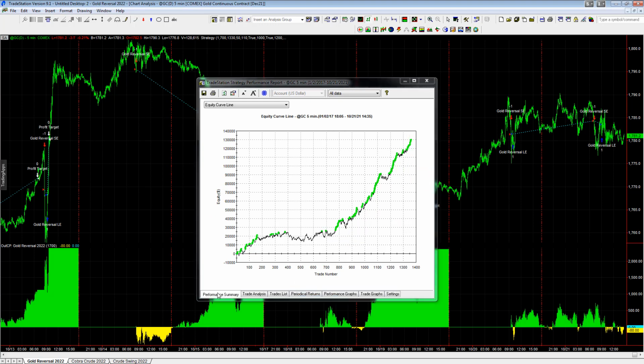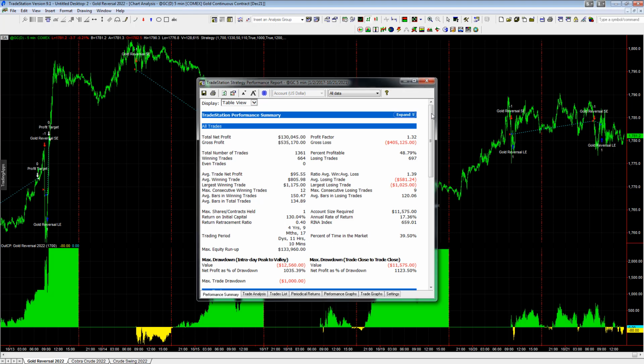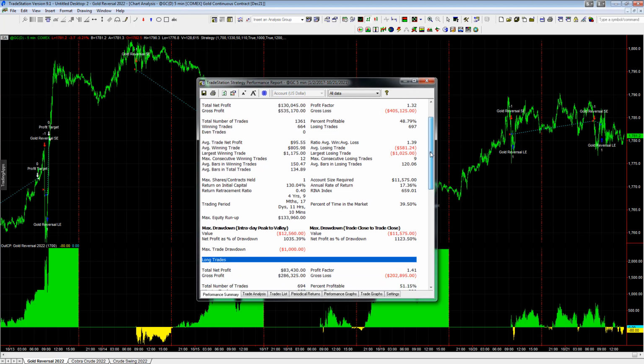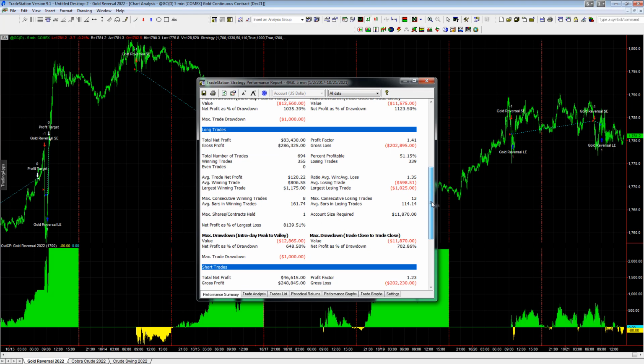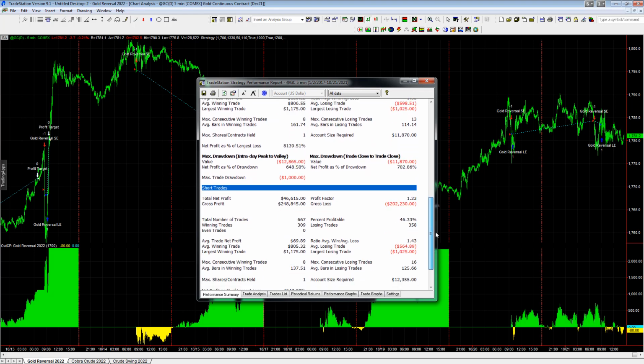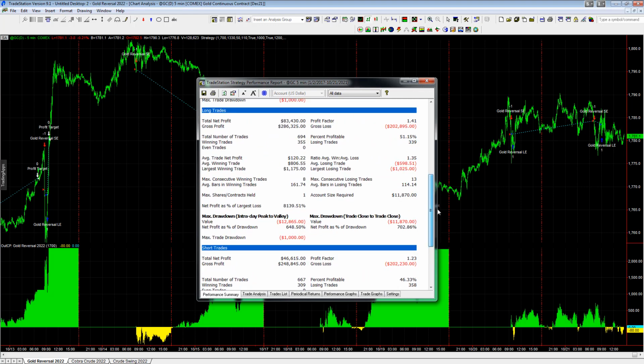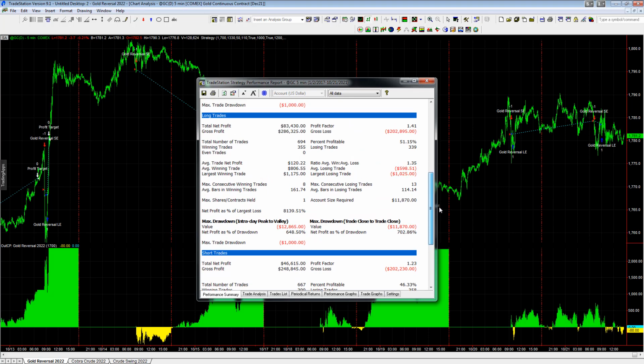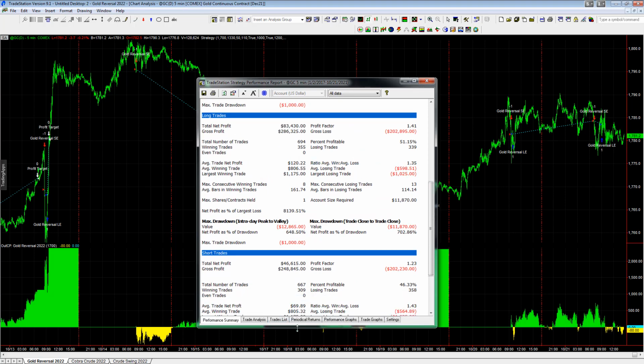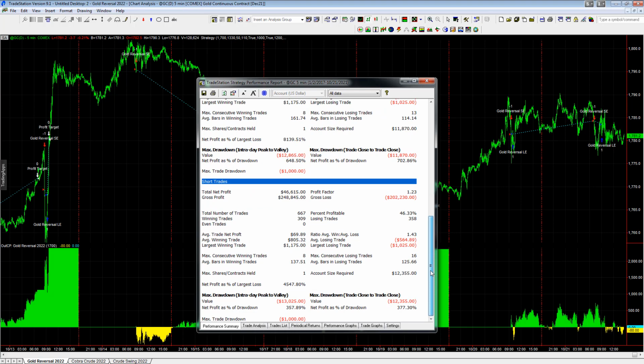So let's look at the difference between long and short trades. Pretty well balanced, favors the long side, 120 average trade profit on the long side. The number of trades is balanced, but it does a little better on the long side. So 83,430, 46,615 on the short side. And let's look at